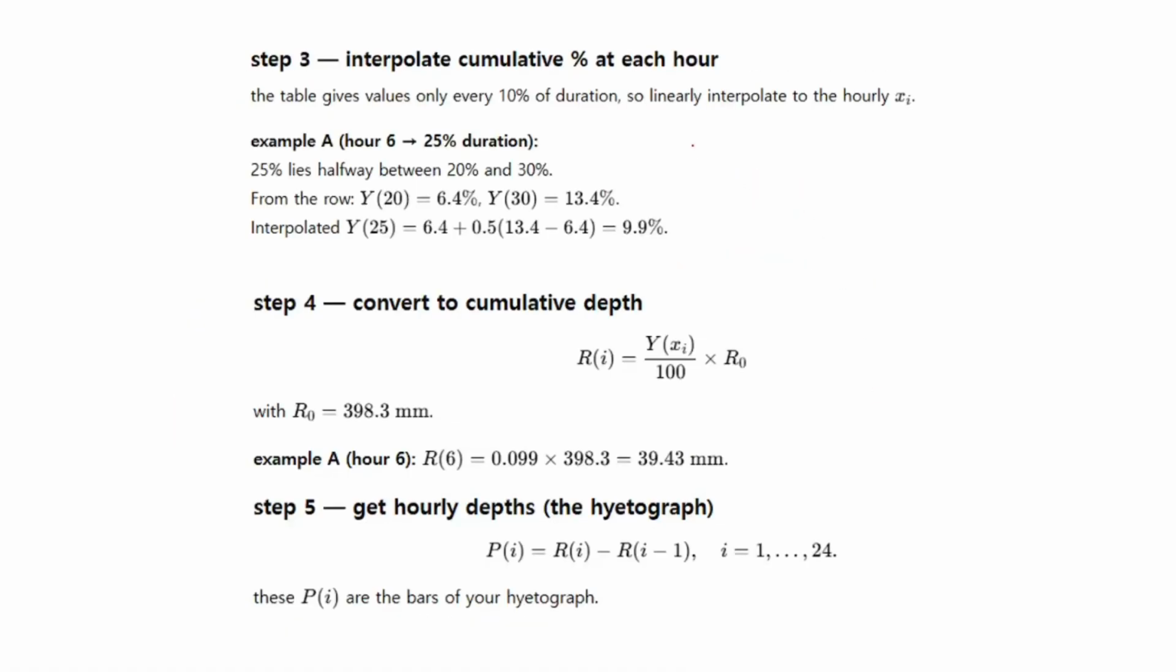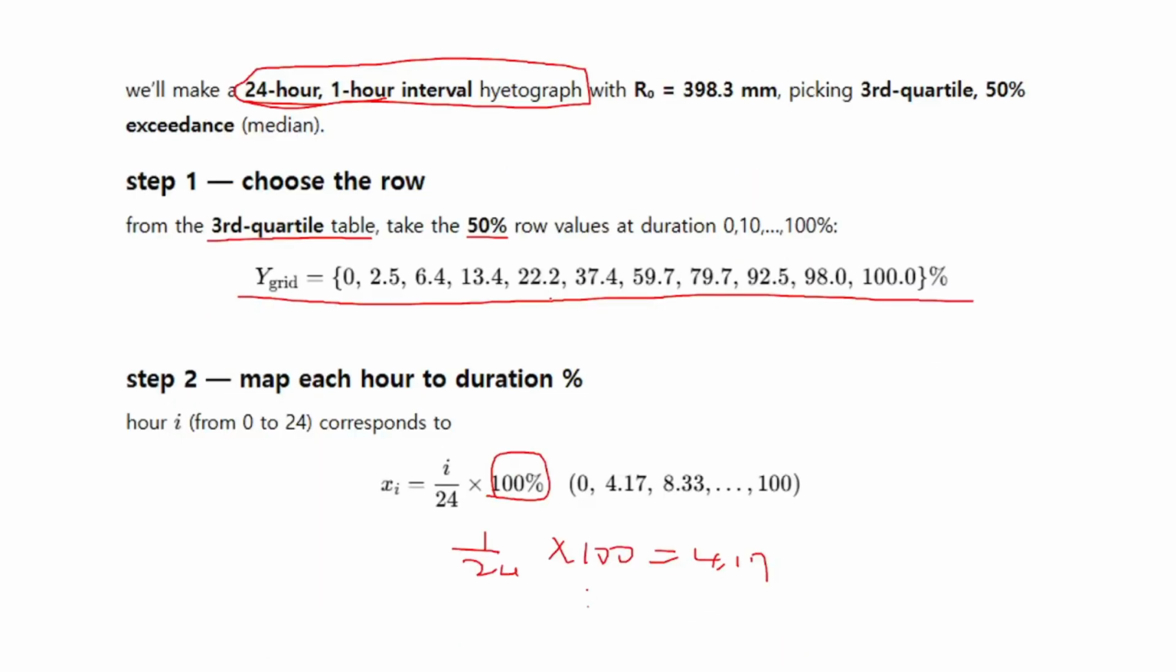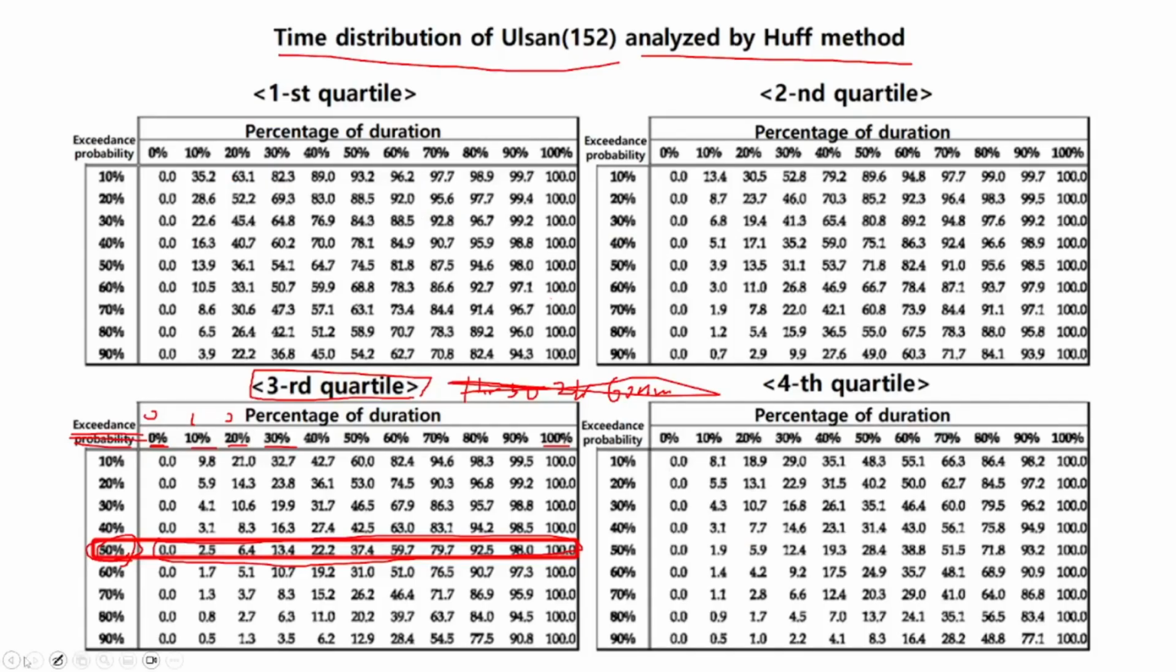So once we have the dimensionless time in percentage, now we have to interpolate cumulative percentage at each hour. The table gives values only every 10% of duration, so we have to linearly interpolate to the hourly values. So what this means is, if you go back to this table,